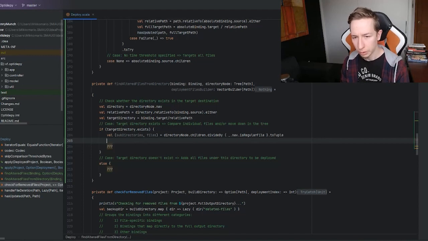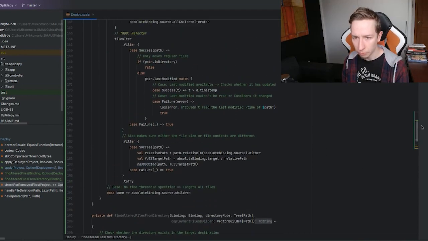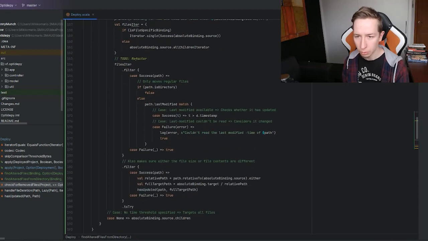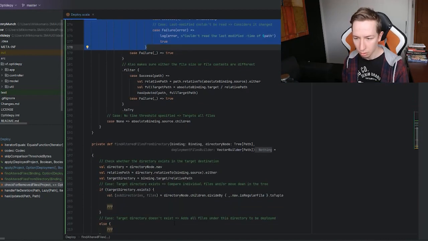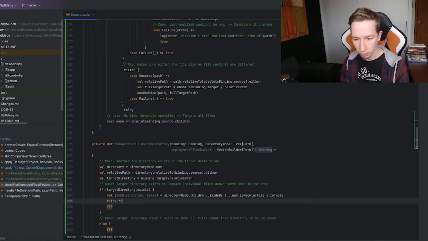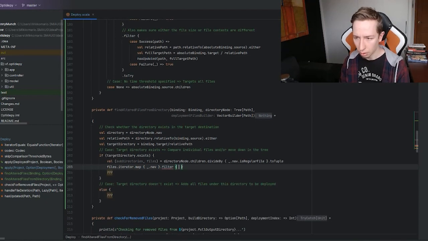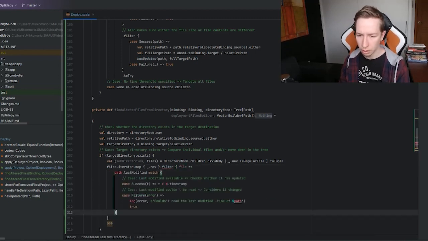And for files, we do the normal checking, which we kind of can copy here. So we use this last modified thing. I think, yeah. So files, filter, let's just use iterator, map them into normal files. So use the nub function. This is a file, okay. Then